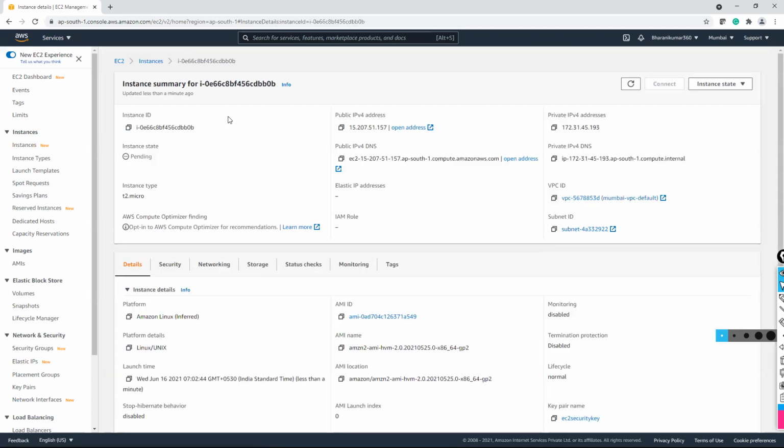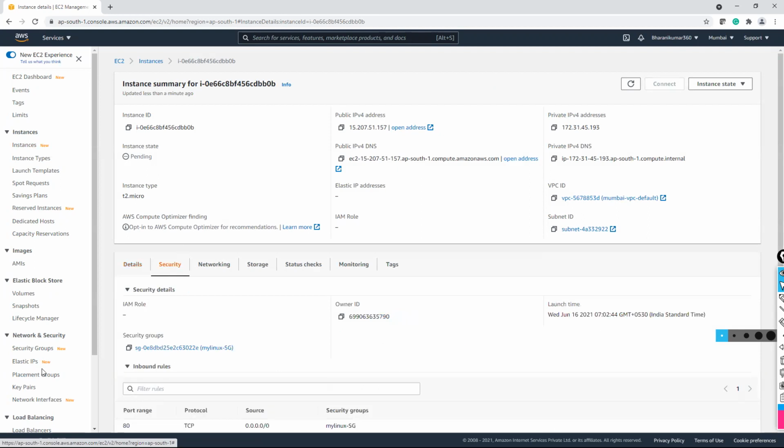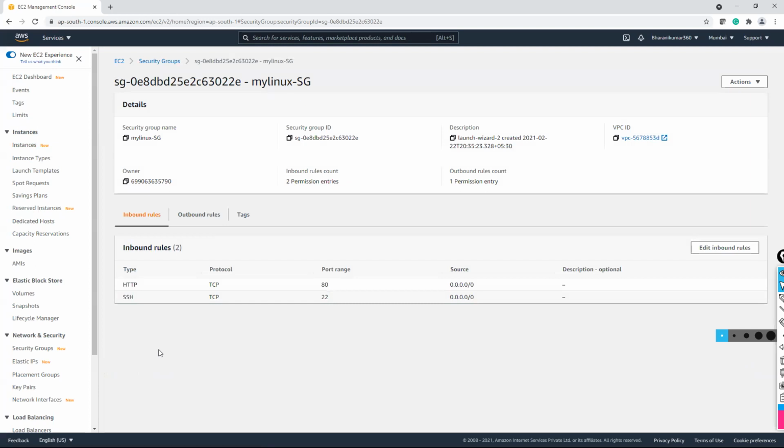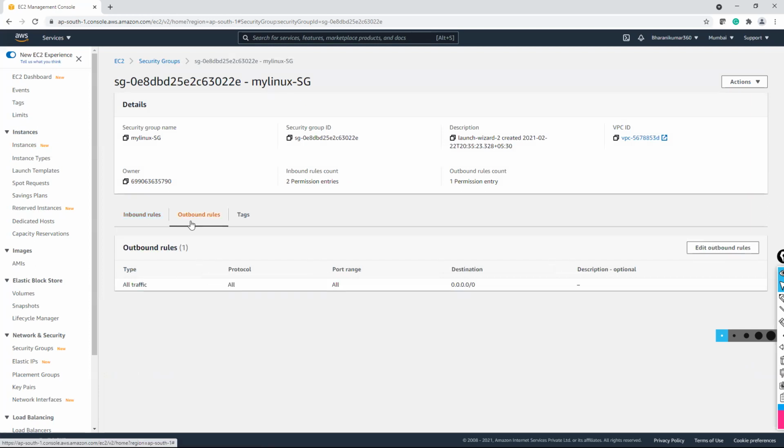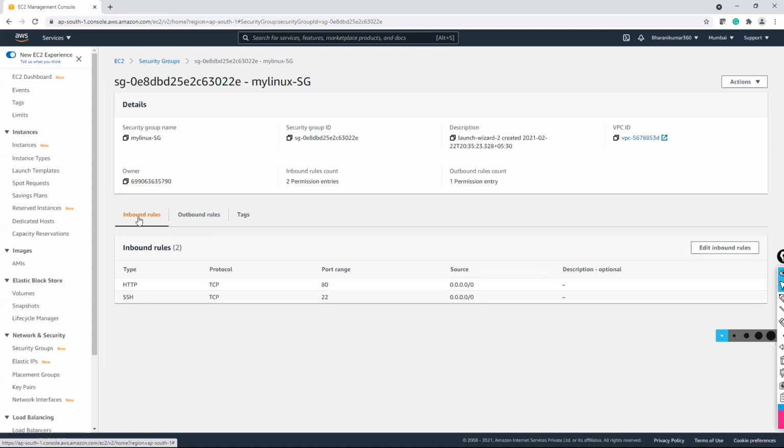And we also talked about security groups. You can find your security group over here, and to find out which security group your instance is using, you can find that under security tab. Security groups, you can edit inbound rules. No need of editing the outbound rules, because all the traffic by default is allowed to go outside from your EC2. Coming to inbound rules, you can add rules, and that's why the security group is called as network firewall. And we talked about this.